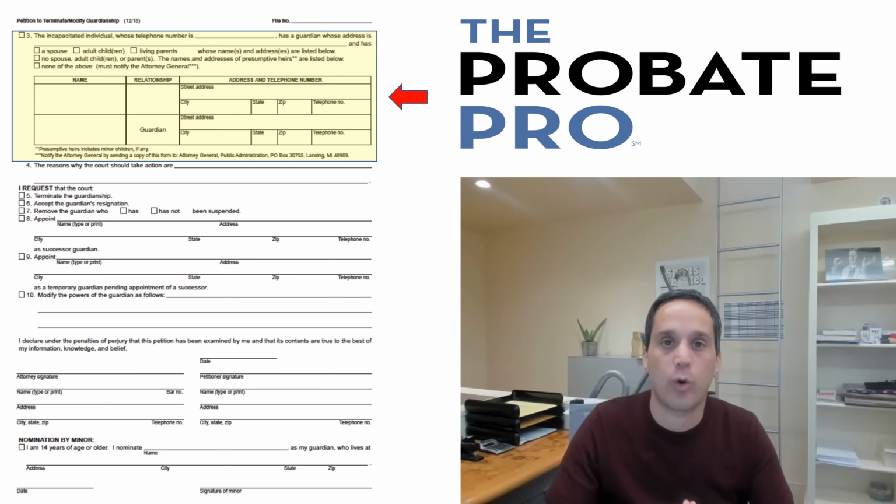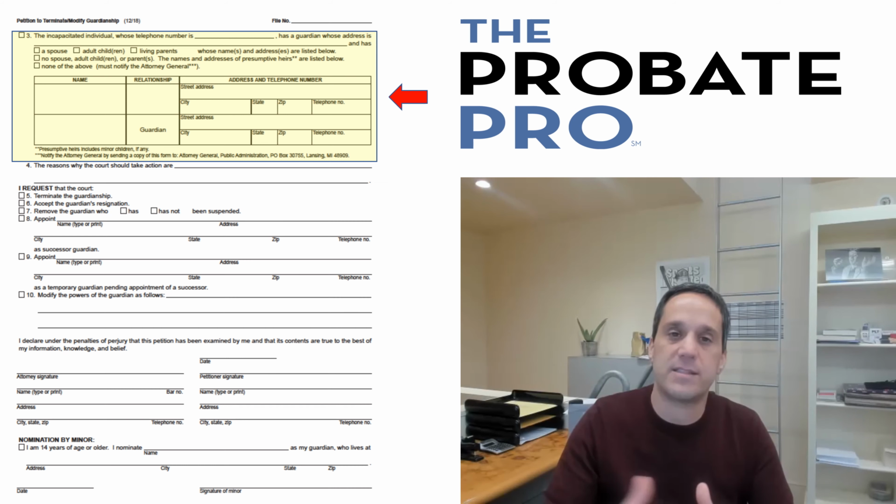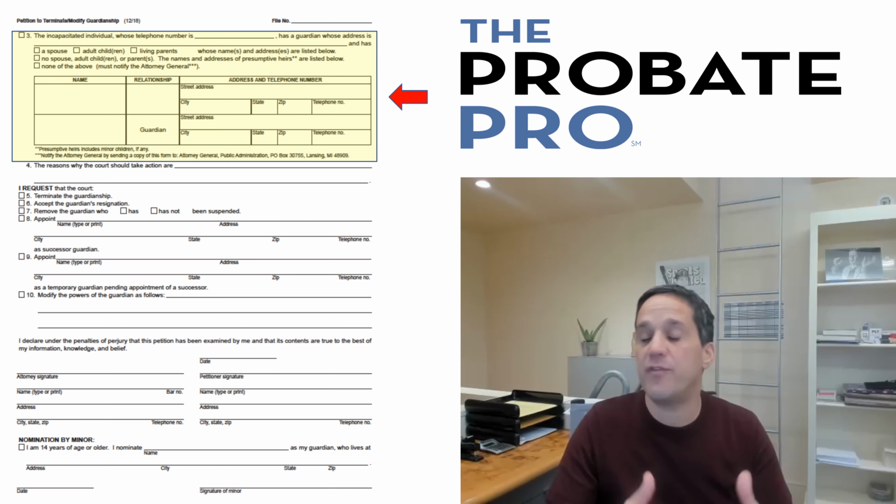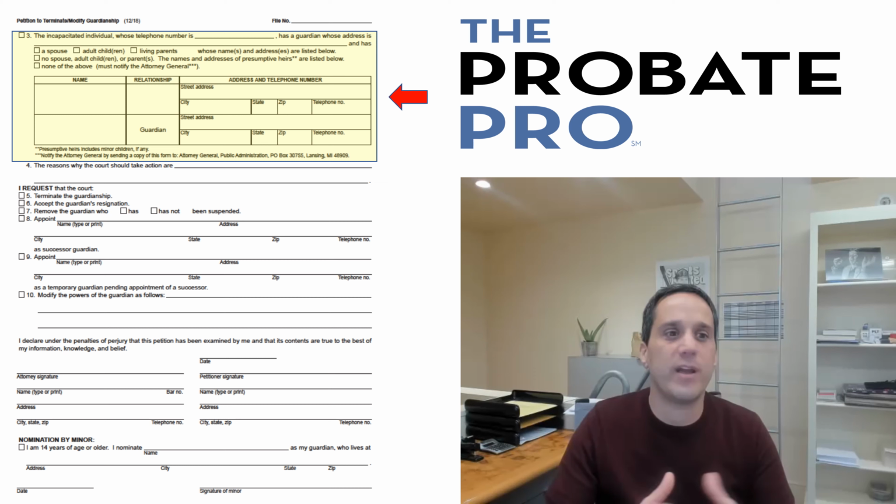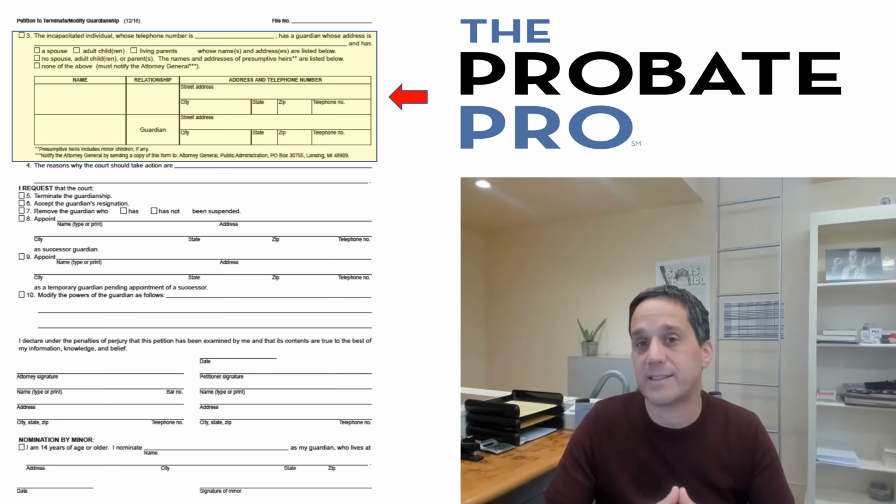Please go to that court rule and make sure that you follow it carefully to ensure that you don't waste an entire filing or visit or hearing before the court to only learn that you failed to provide the requisite notice. There are even times that the Attorney General's office is provided notice when there are no identifiable heirs that you can serve. This section is really critical to ensure that due process is provided to the ward and all of the family members on these petitions.